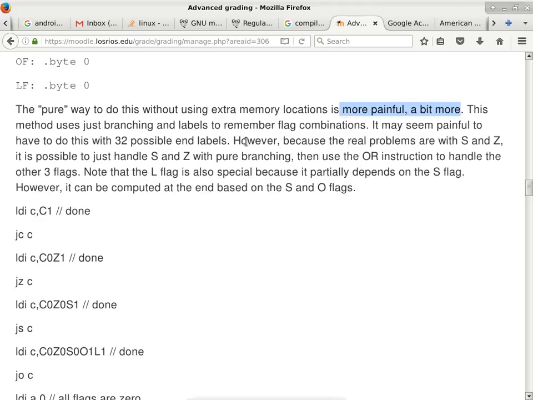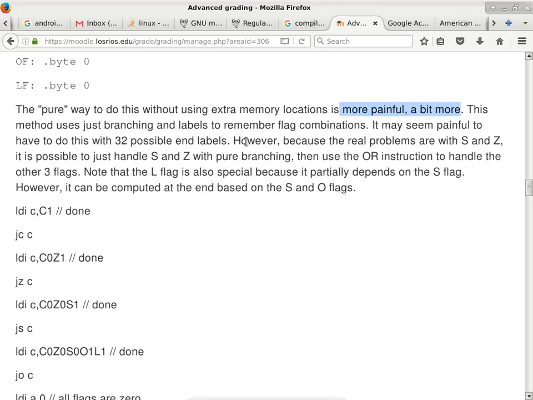But when the carry flag is a 1, what about the Z flag? Well, technically speaking, the Z flag can also be a 1 or a 0, right? And then on the third one, I check the sign flag. The sign flag can also be a 1 or 0. And then the last one I check is the overflow flag, which can also be a 1 or 0. So it can be 1 or 0 at every level. Once you can figure out this decision tree, okay, each one of these endpoints will basically say,